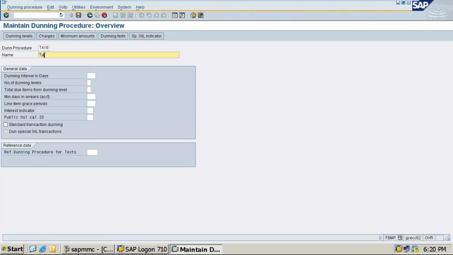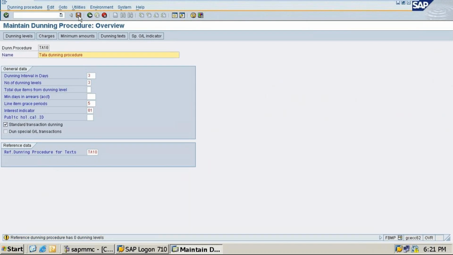So Tata dunning procedure, dunning level 3. In that company, customer is not there, so that is the reason it's not taking. Then line item grace period is 5. Interest is 01. So click on the standard dunning and try to save this.